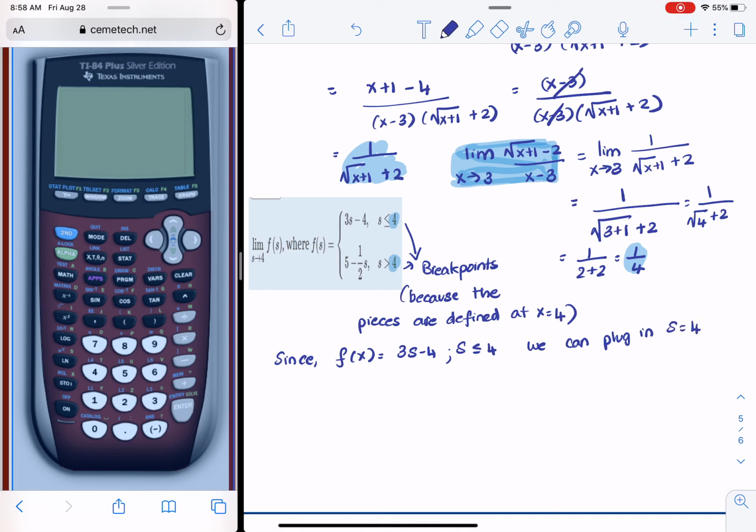And that would give us f of 4, which is 3 times 4 minus 4, 12 minus 4, we get 8. But in the second piece, though,